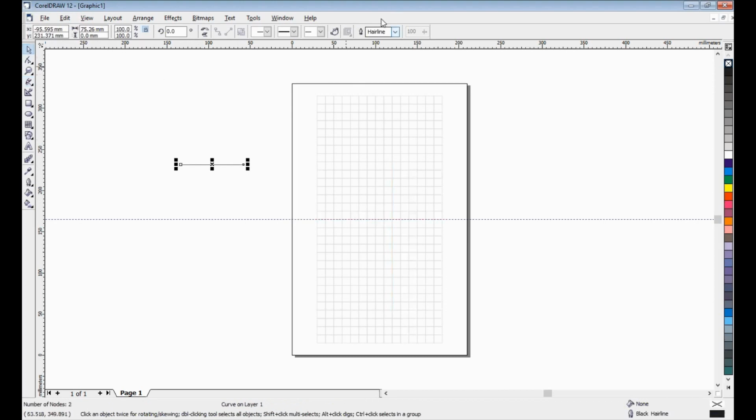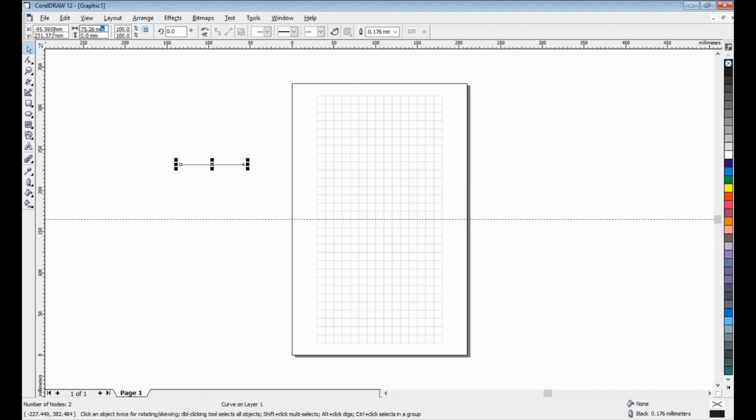Maybe I set it to 0.176 like this, and the color is black.